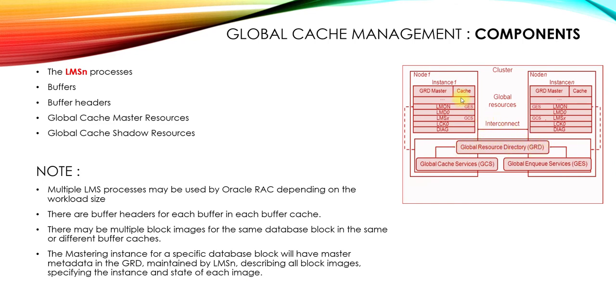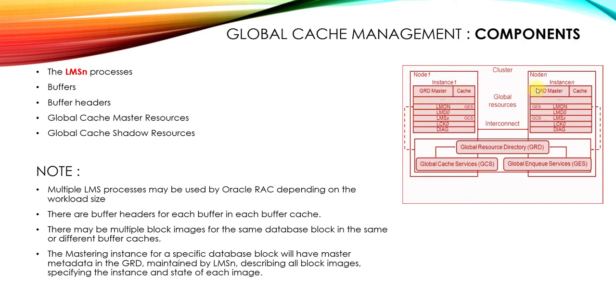It records who is the master of a specific block and who is the shadow. To clarify what shadow means, if we talk about node 1 and block 1, block 1 is mastered by node 1. That's fine. If there is node 2, there is block 2 as well. Node 1 will have information for block 2, but chances are that node 1 is not the master of block 2, but node 2 is the master of block 2. That can happen.